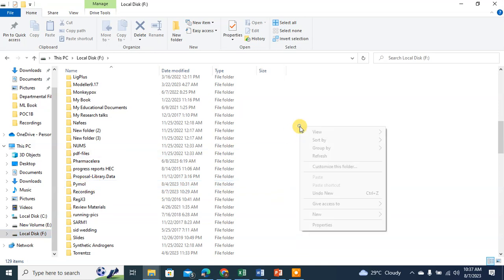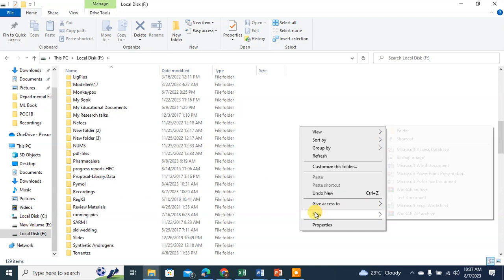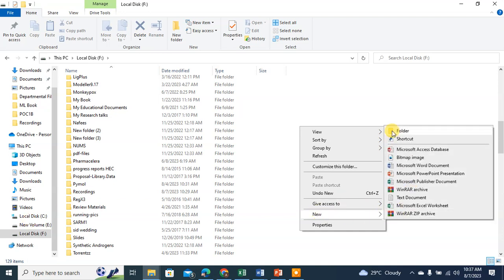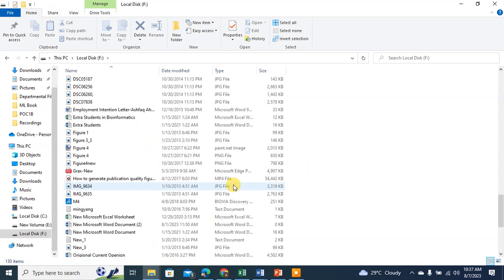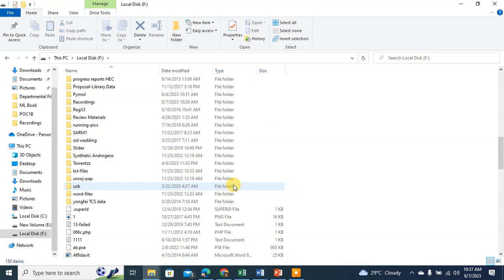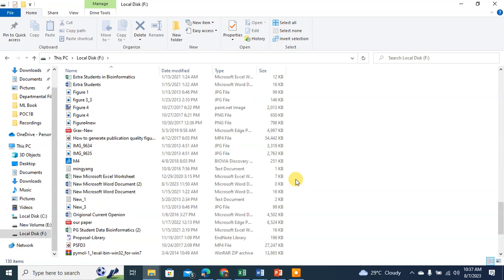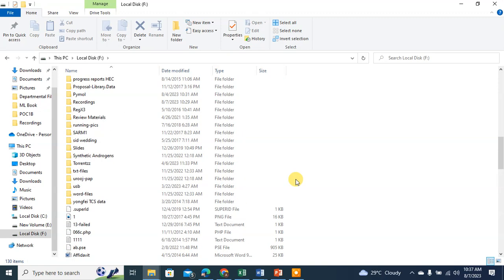You just right click, go somewhere, E, F, C, whatever, wherever you have a space, go there, right click, new folder, and give it a name, Pymol, whatever. I just gave it py, because I have also another directory with the same name. So once you have created your empty directory,